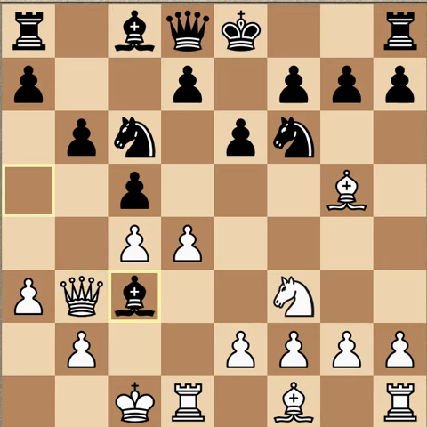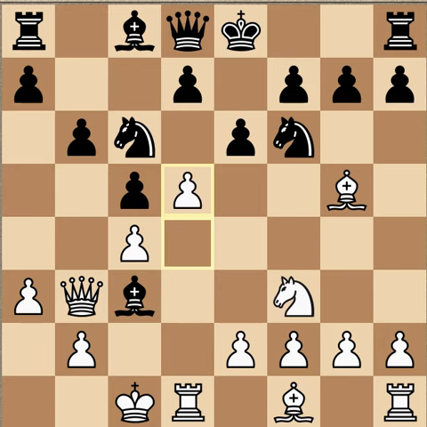So therefore, after bishop takes c3, Seirawan finds a nice move here. And he plays d5, which is an in-between move, a Zwischenzug.